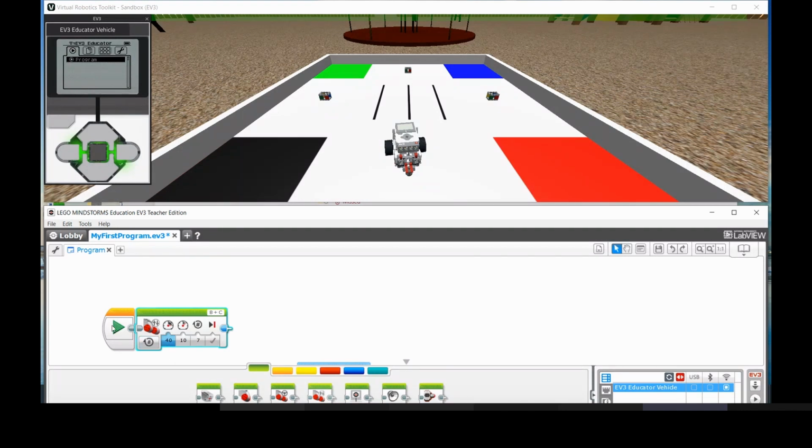When I do that and press simulate, you will see the robot doing a smooth turn. As you can see, both of the wheels are moving. It's only that one wheel is moving at a faster speed and the other wheel is moving at a lower speed, which causes the robot